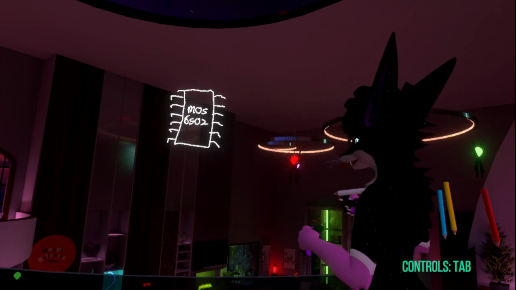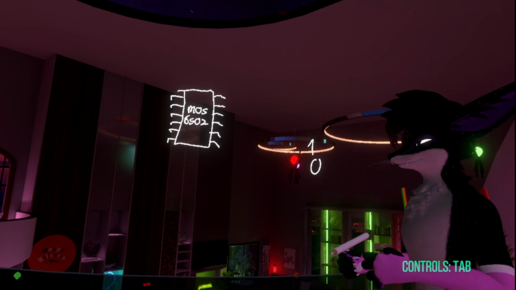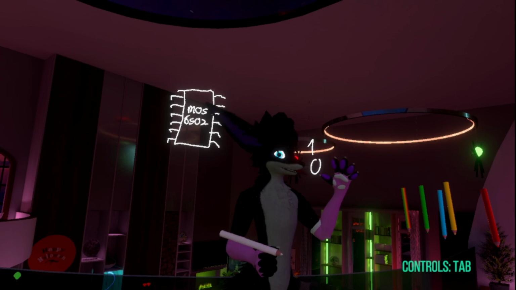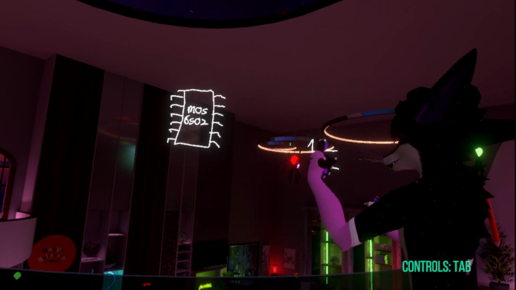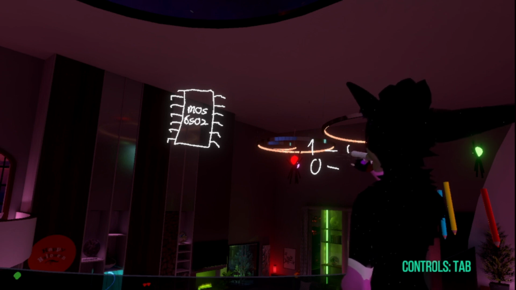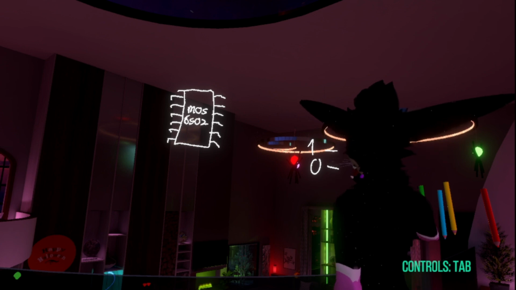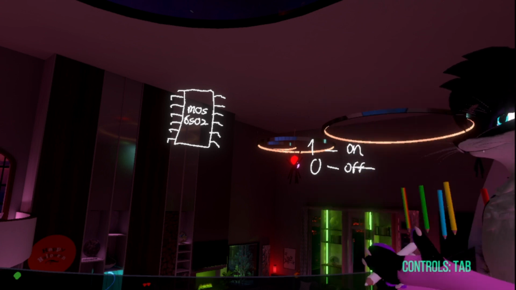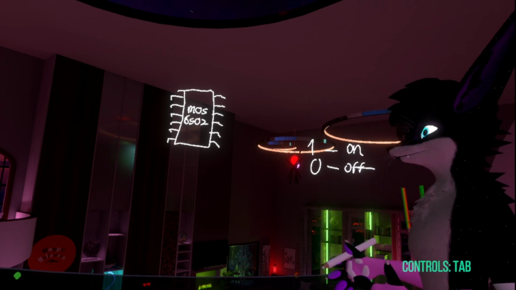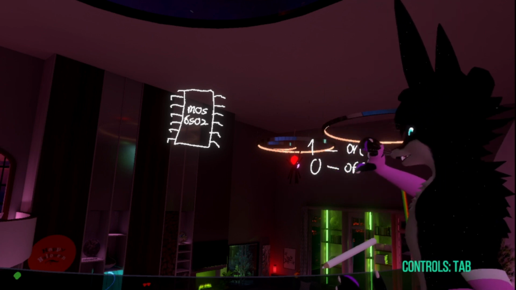Binary is simply just ones and zeros. What do ones and zeros mean? Well, it's really simple. 1 means there's power, so that means on, and 0 means no power, so that means off. That's literally all that means. Pretty simple.